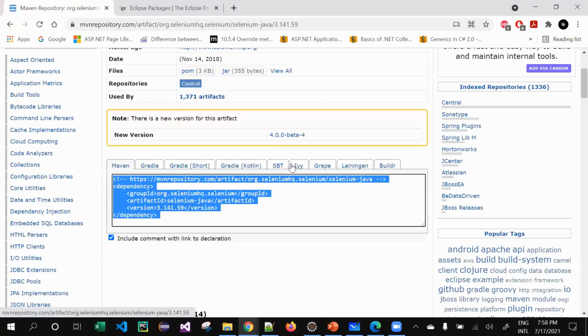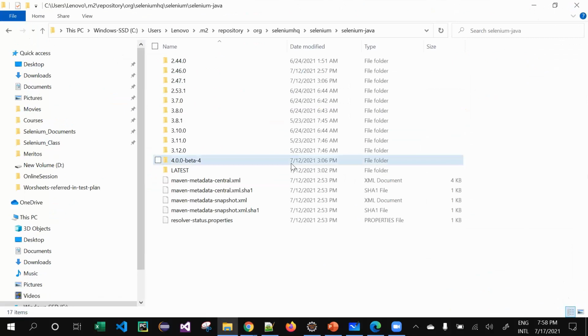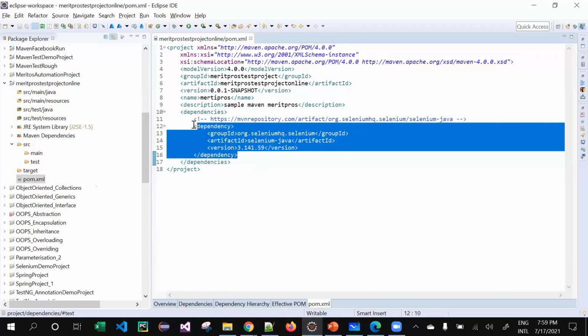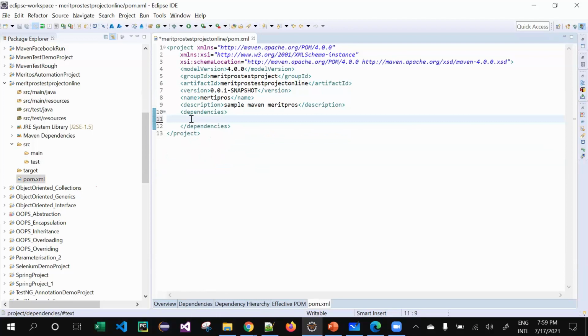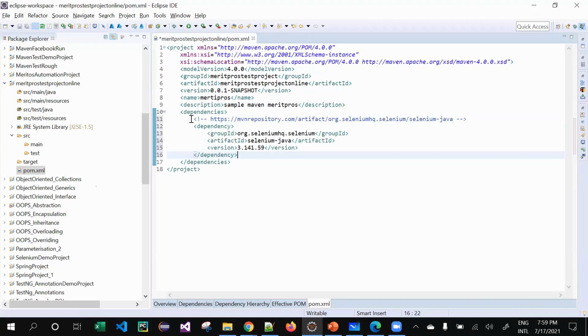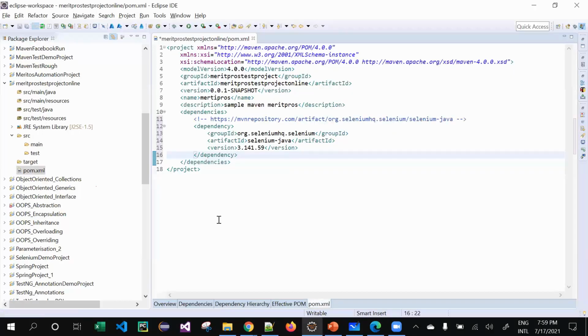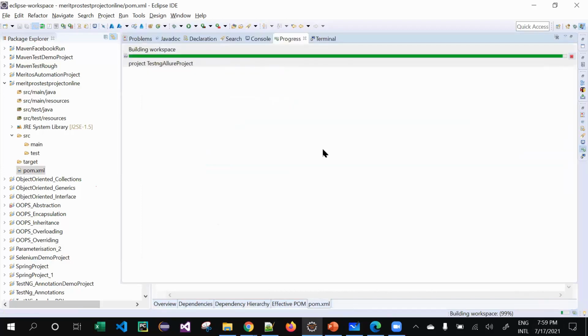So if I've deleted it, okay, it's identified from my local, so it should not happen. Okay, for our session at least, what would I do? Let me delete this dependency, save it, and let me paste it again. Simultaneously, let's see, nothing is created. So I'm going to save it. Now you can see it's getting downloaded over here.